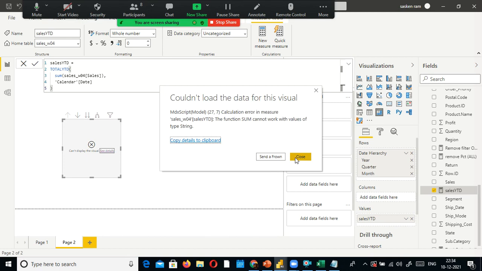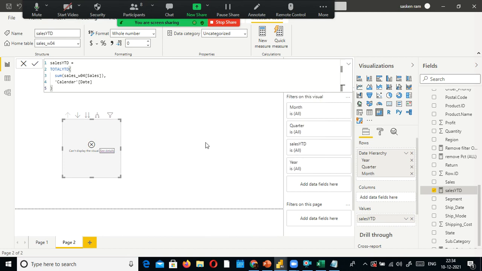Ideally, it cannot work with values of type string. Oh, okay. This is the problem.